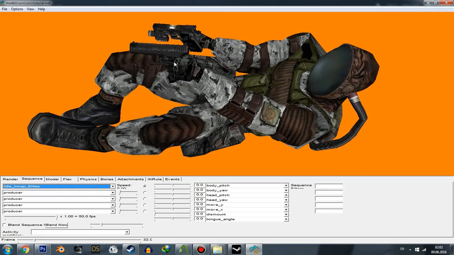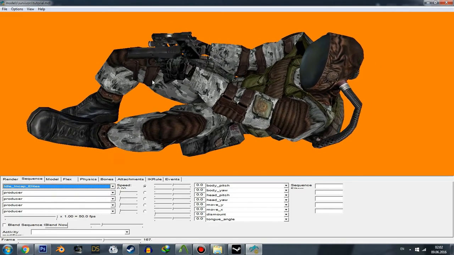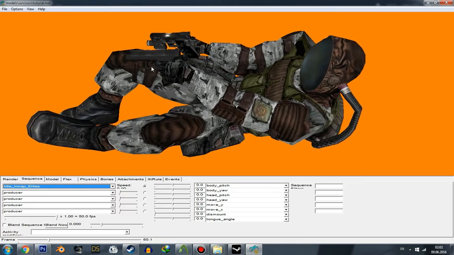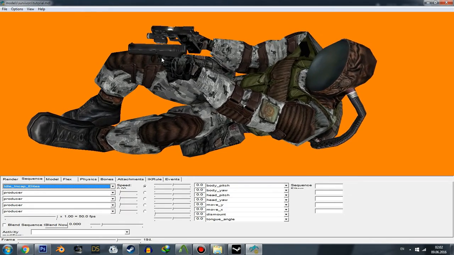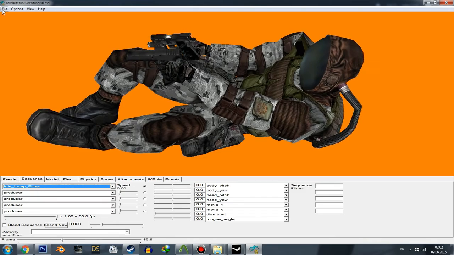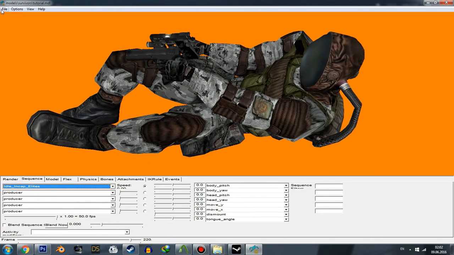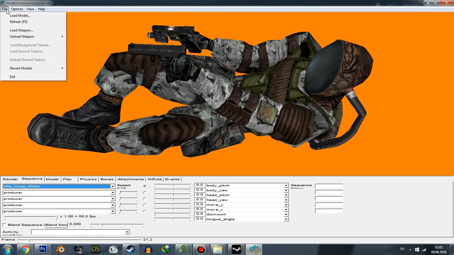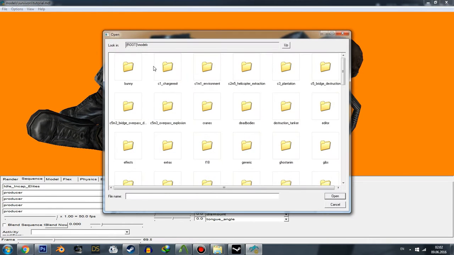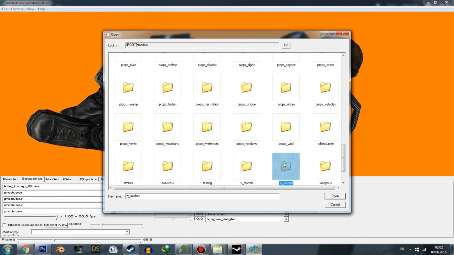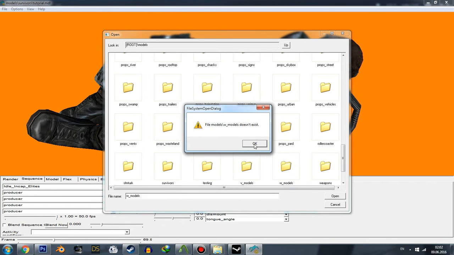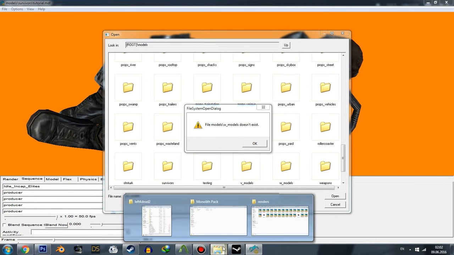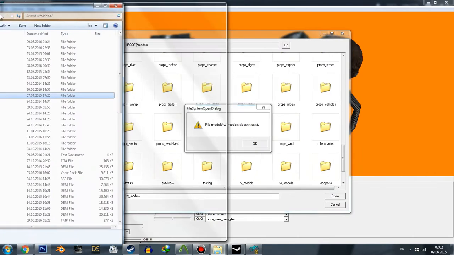So here we have a model with pistols, but probably when you load your model you won't have pistols, so let me show you how I get pistols or weapons. Here, File, Load Weapon. Here we have the v_models folder, sorry, w_models, whatever. Okay, if you have an error like this, just go to your Left 4 Dead 2 directory